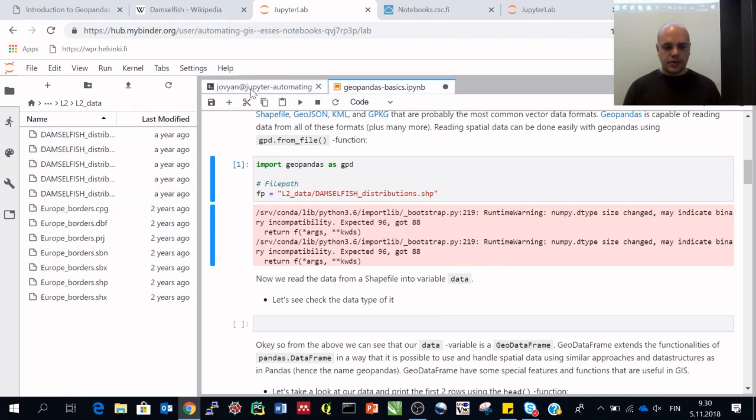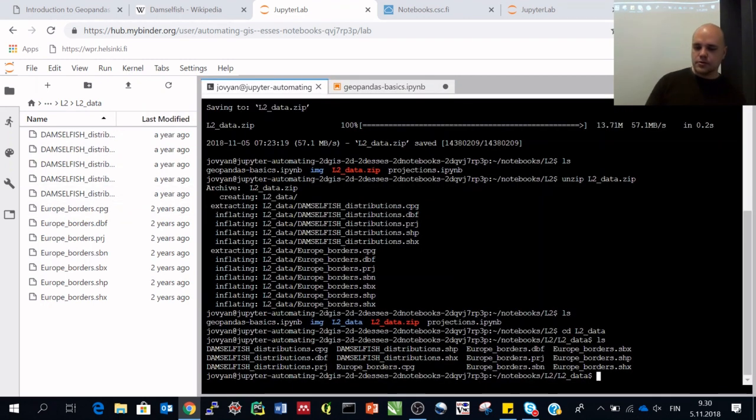So as you can see from here, this is the terminal window. A shapefile always contains quite many different files that are associated with the shapefile. We have the projection file, then we have the geometric objects in the SHP file, and the DBF contains the attribute information. The one that we always want to read or choose from these files is the